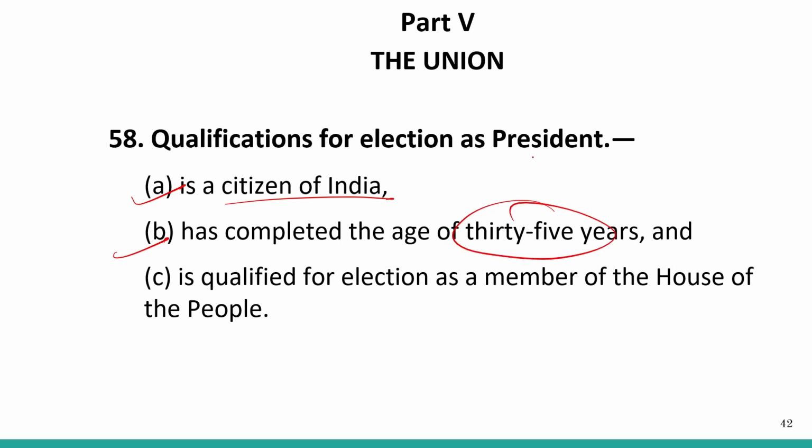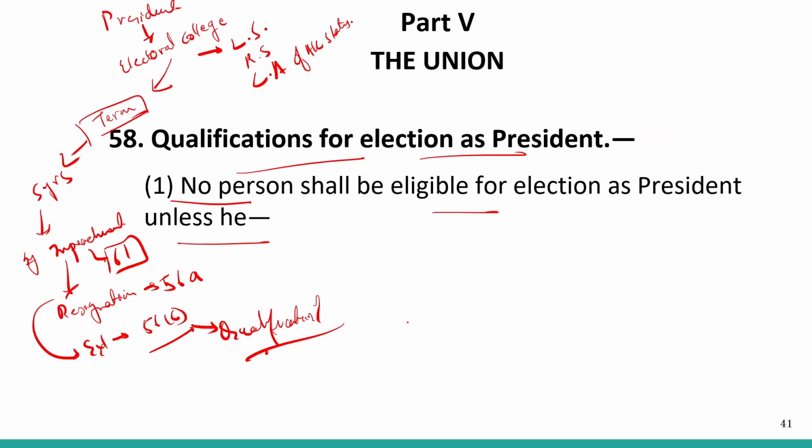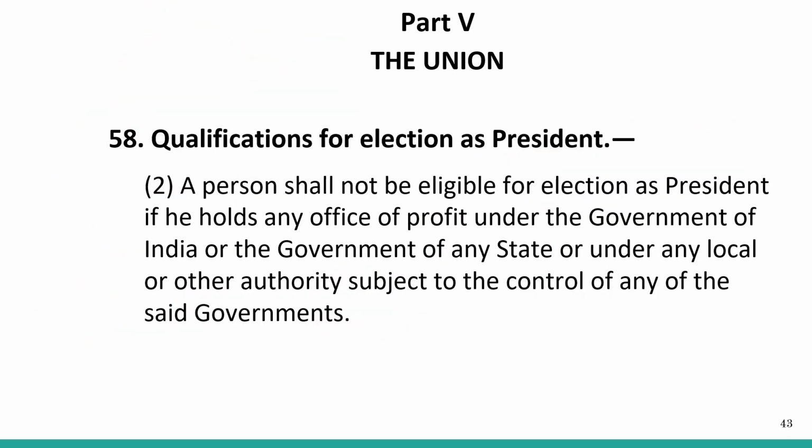There is always a confusion between the president and the Lok Sabha members. For the Lok Sabha, the age is 25 years. For the president, it is 35 years. The same goes for Rajya Sabha members. When you talk about the House of the People, we are referring to the Lok Sabha. Whenever we talk about Lok Sabha and Rajya Sabha, they are known as the House of the People and